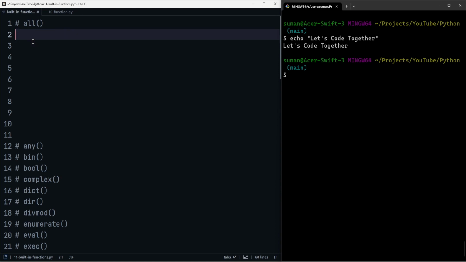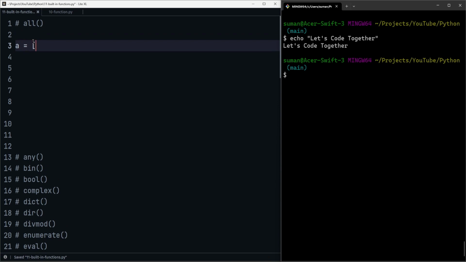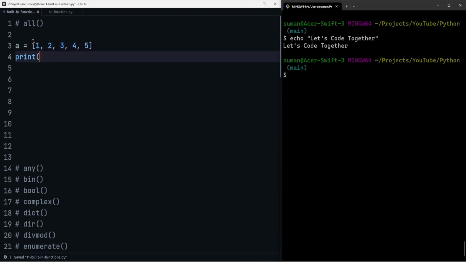Suppose we say list is... let's consider a list. It can be any sequence, like you can take a tuple, you can take sets. So let's take a list 1 2 3 4 5. Now how can you do all? You can just write all and pass the list like this. Now if you run this,